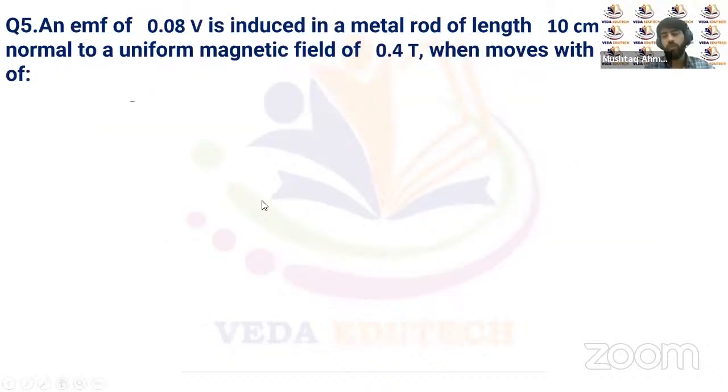Now let's move on to question number 5. An EMF of 0.08 volt is induced in a metal rod of length 10 centimeter held normal to a uniform magnetic field of 0.4 Tesla when it moves with a velocity of